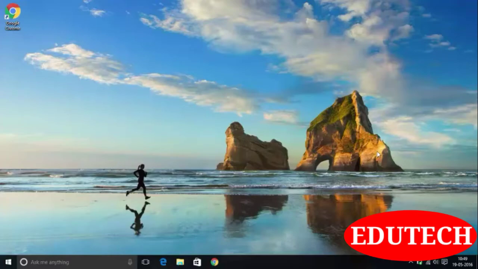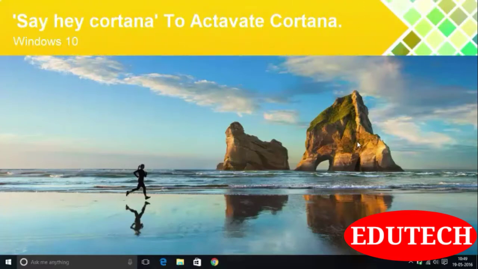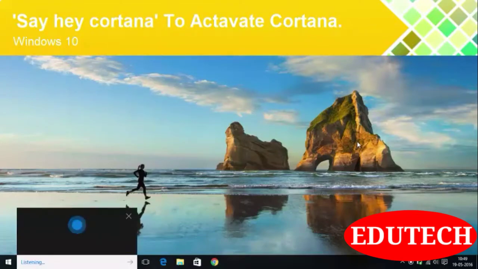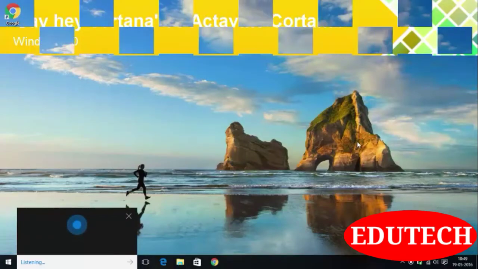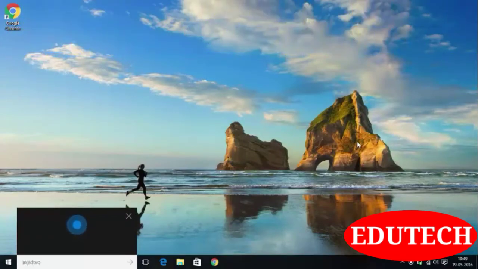Cortana can be used for many purposes, such as if you want to search something without typing on a keyboard or any external device. You just have to give a voice command to Cortana. To activate Cortana, say, "Hey Cortana," and it will be listening.